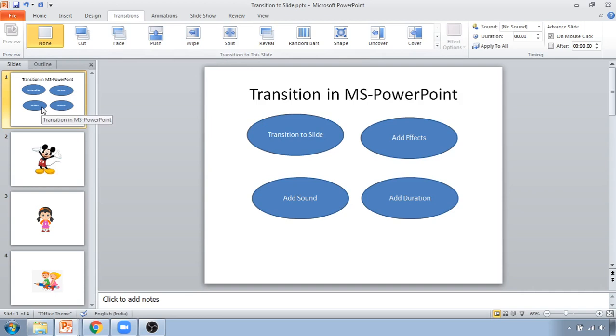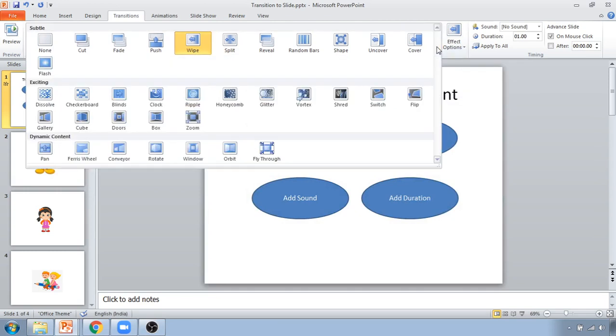Now if I'm selecting the first slide and I'm using any of these, then this transition is applied to only this slide. Now if you click over here, you can see multiple options available, that is subtle, exciting and dynamic content.